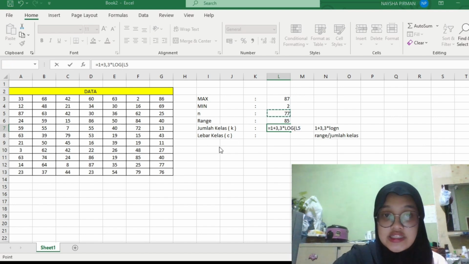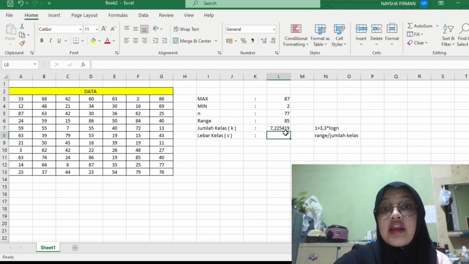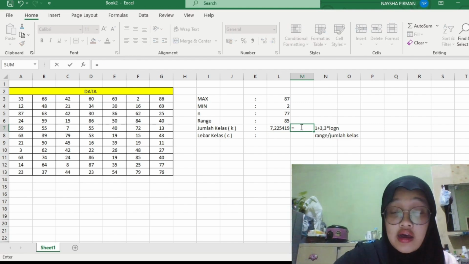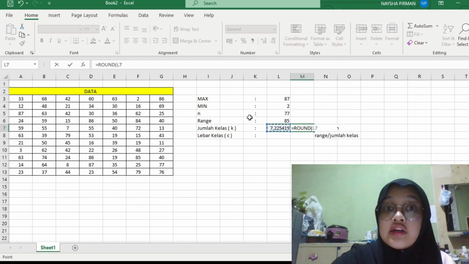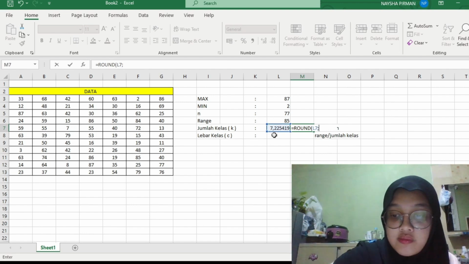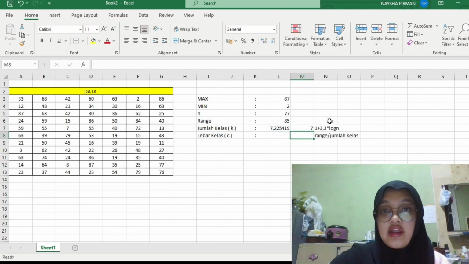If you get this message, you can click yes. And if you want to round these things, you can just use the Excel function as round, click it, click the jumlah class value, and then semicolon, and then type 0 and then enter, and then you will get the 7